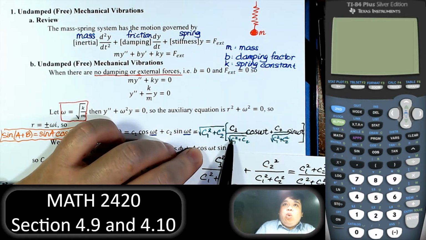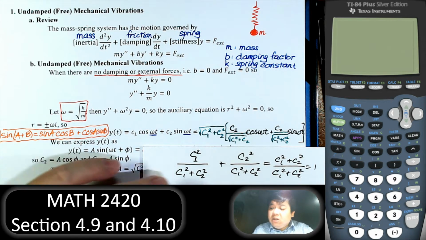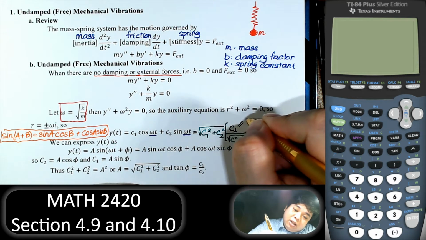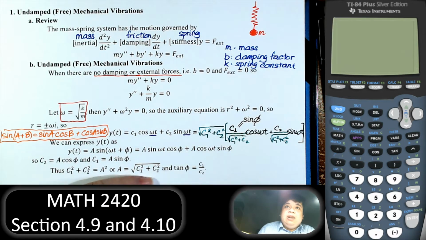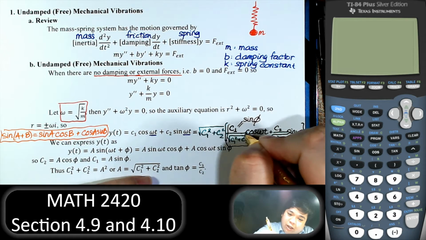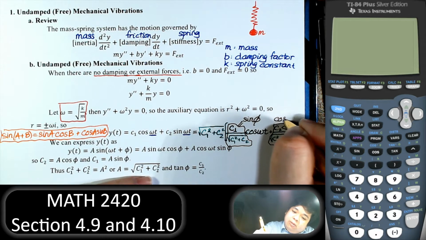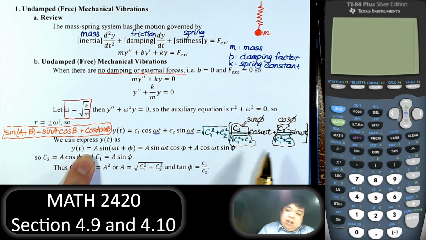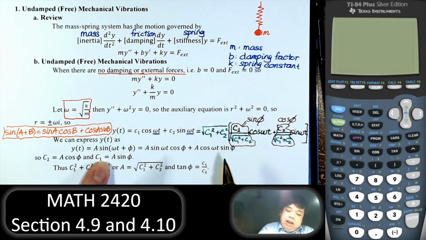Now, so that one square plus that one square is equal to 1. And another one that has the properties is cosine square plus sine square is equal to 1. Because of that, we can let one of them be sine. So let this be sine of phi, I mean this whole thing here, and this one will be cosine of phi, and then that identity will give us a sine of a sum of omega t plus phi, and then we will let A equal